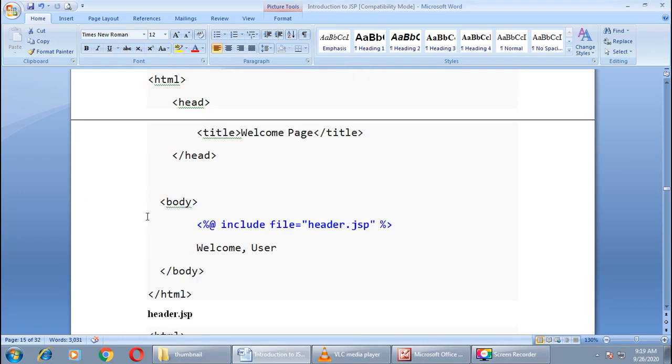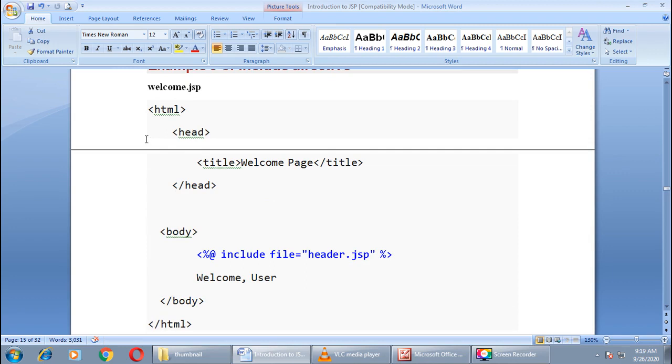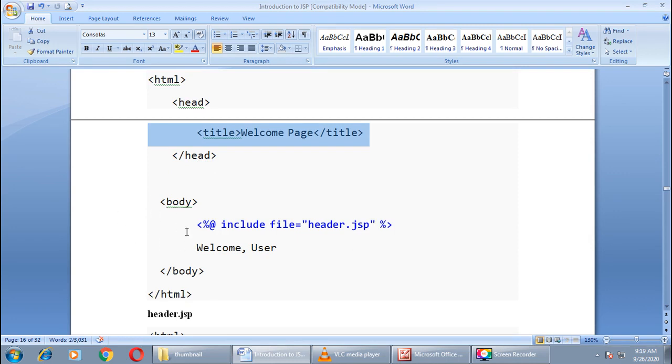In this example, in the first file I have given the title welcome page, right? Inside the body tag I want to include the header.jsp file, and then I want to write welcome user, body tag over, and at the end HTML tag over.